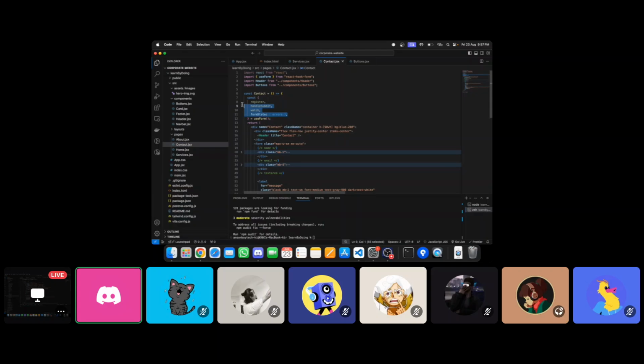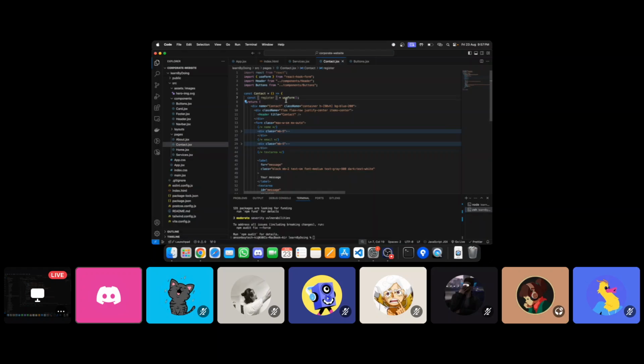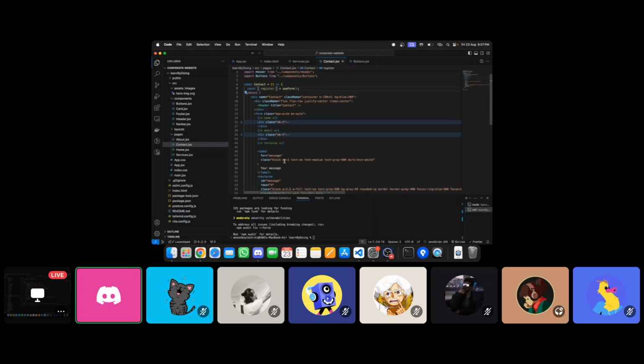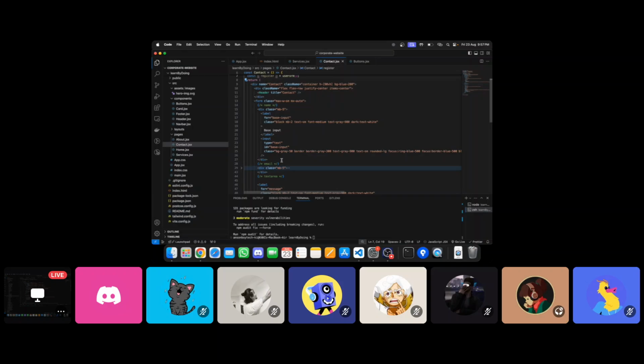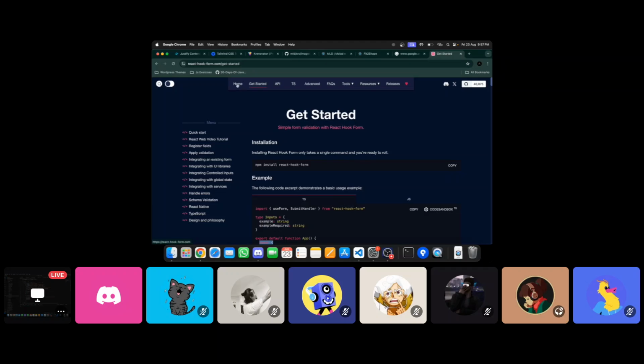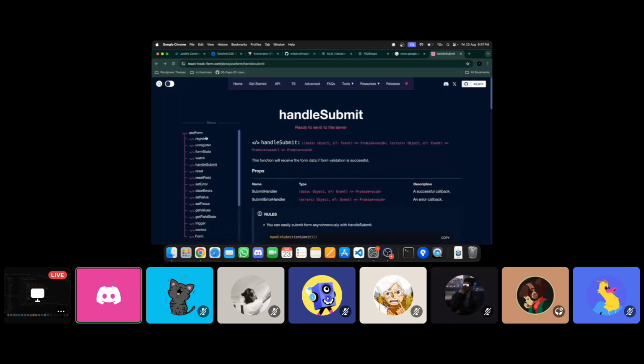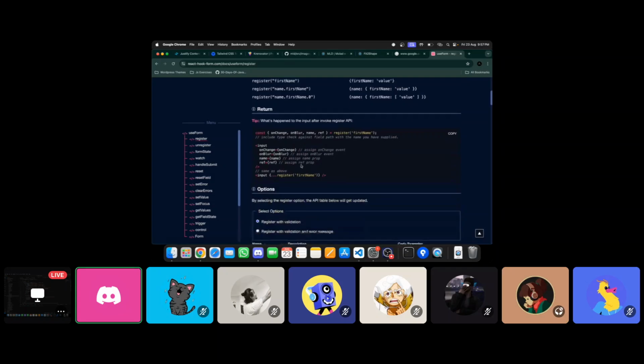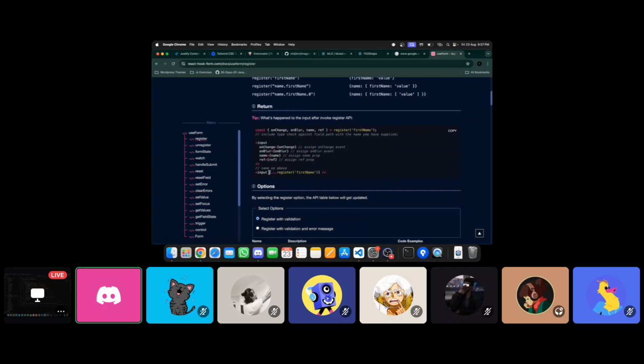For now, let's go one by one. We'll be using register from useForm. You can see here register. You can just go to the input and apply it.